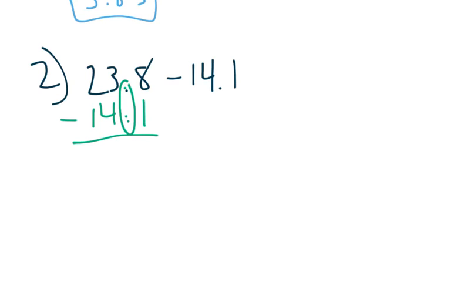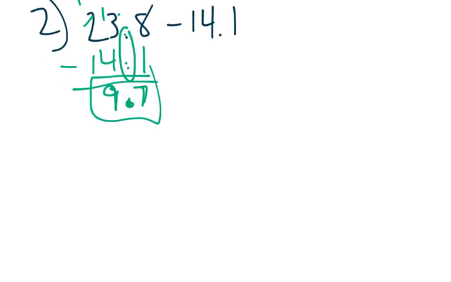And where the decimals line up is also where the decimal will be in my answer. And so it has to be very rigid and everything goes in its place. So 7, and I think of this as 13, so that'd be 9. That's 1, and so that goes to 0, so we just have 9.7. Now, what I might do to really make sure you're paying attention is to skew things up a little bit, and I might do something like this. So from our third problem, let's say we have 15.6 minus